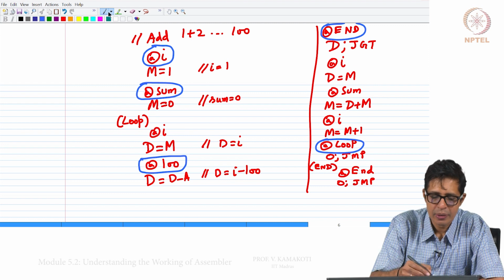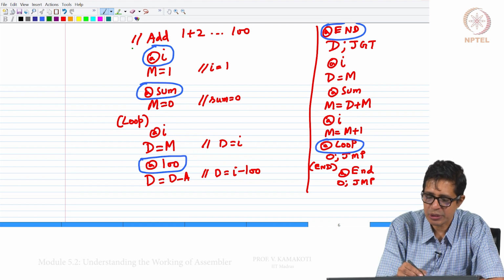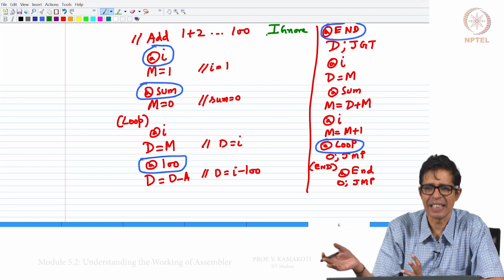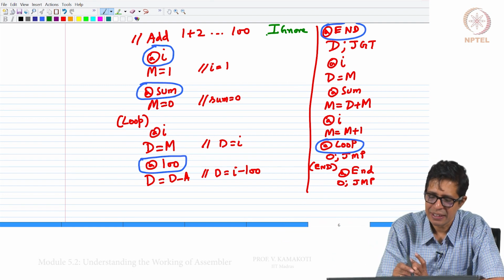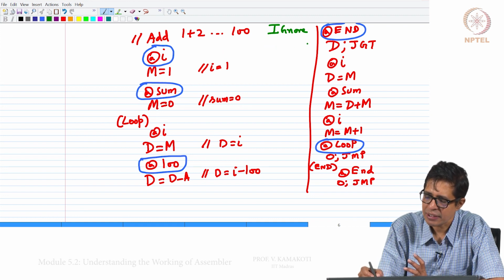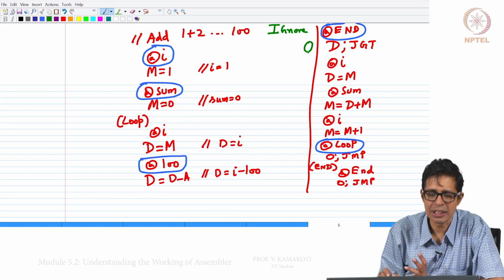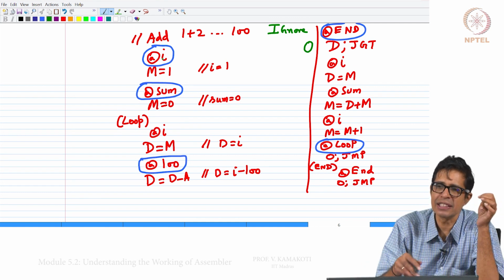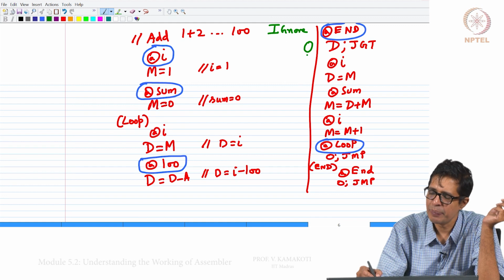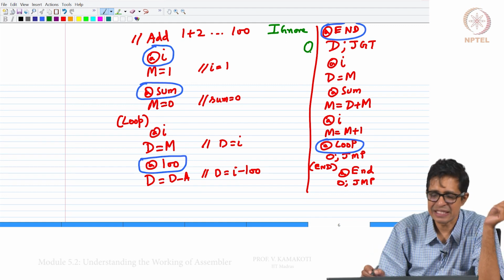Now, the first one is a comment. So, your first line is a comment, you have to ignore it, nothing there. A comment does not become binary. The second one is an A instruction. So, you should maintain a counter here. The counter currently is 0. This means the equivalent of this A instruction will be in the ROM, that is the instruction memory location 0.